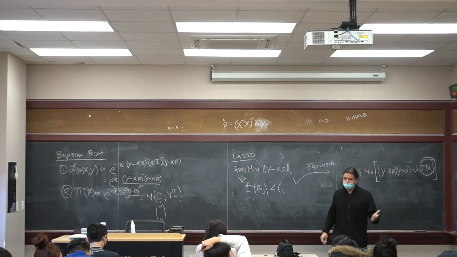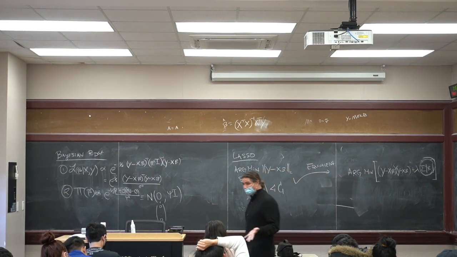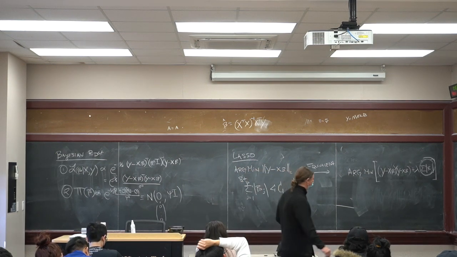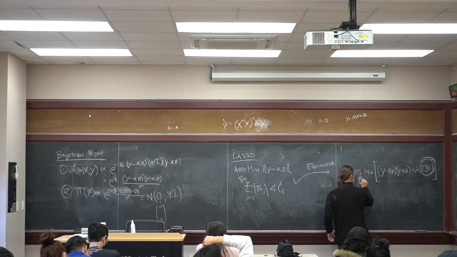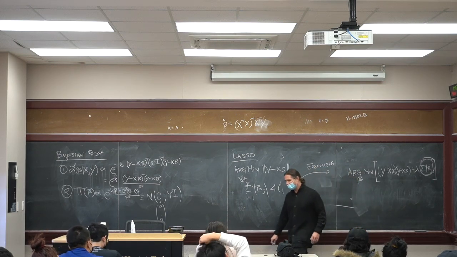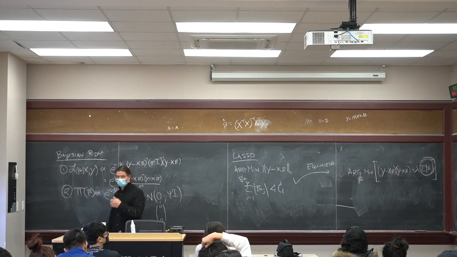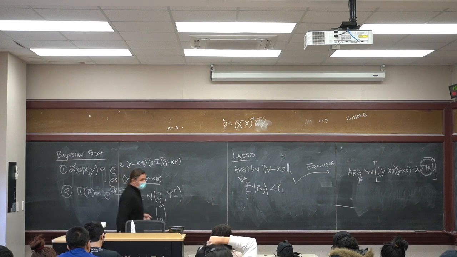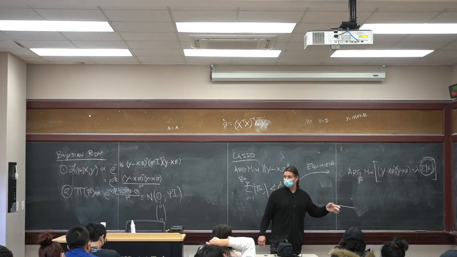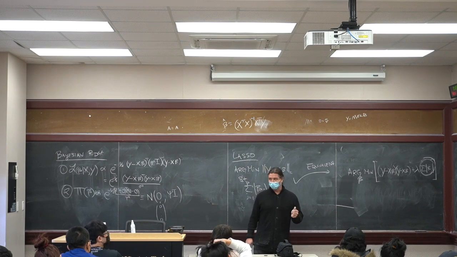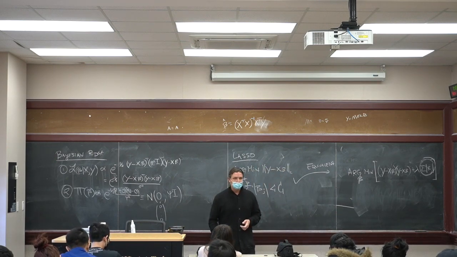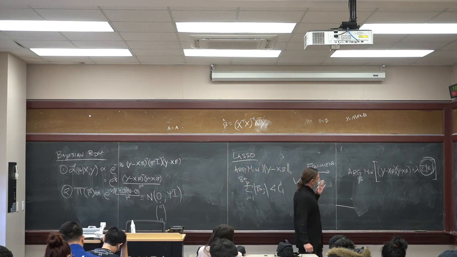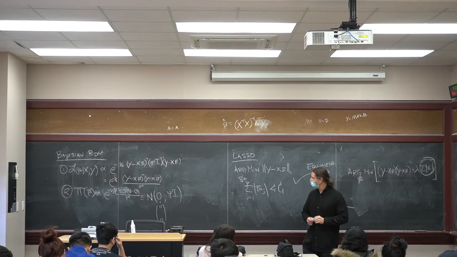This has an unfortunate consequence that I don't get to do calculus, because it's not smooth. I've got that absolute value sign, so derivatives are out. You need a computational algorithm to optimize this. I'll say a few things about it. I'm not going to teach you any of the computational algorithms for optimizing this fast, but there's something called least angle regression that this is equivalent to, and by doing that you can optimize real quickly. Basically, I'm going to teach you to go to MATLAB and just run the optimizer on this. So this is the non-Bayesian formulation of everything.